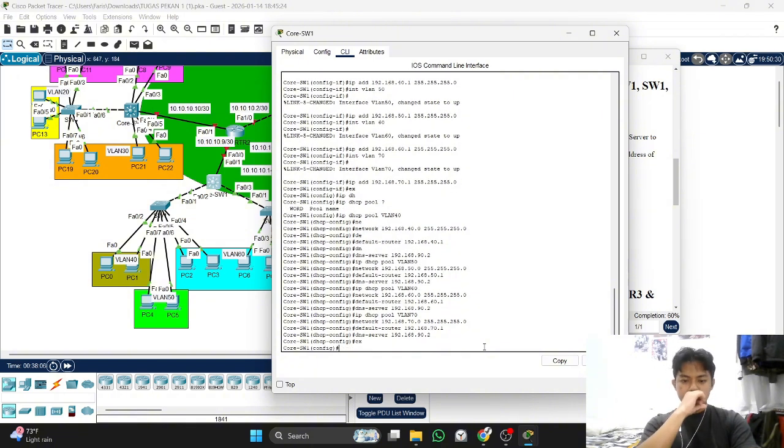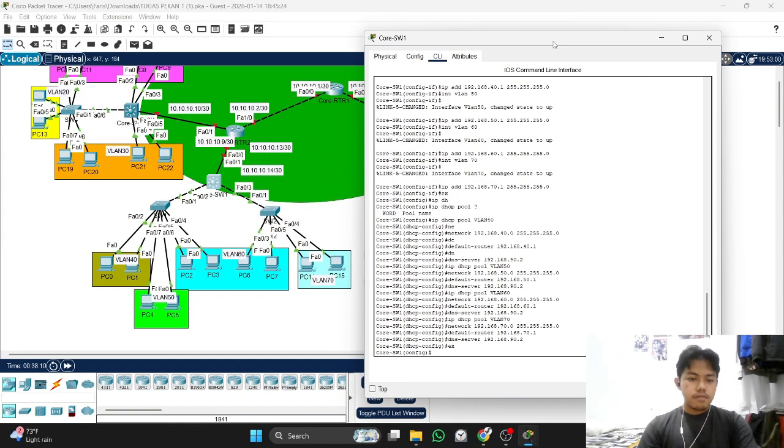Okay, and now I almost forgot. We will create the interface trunk for between MLS and switch.